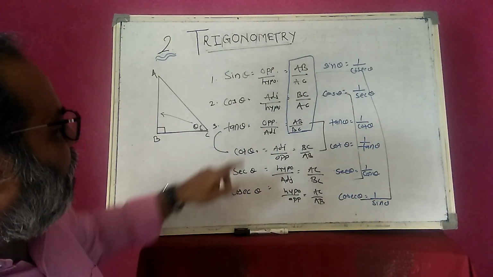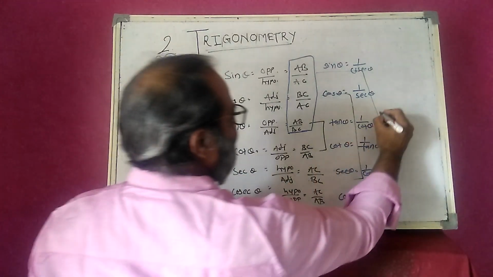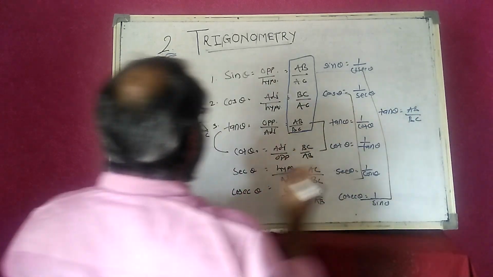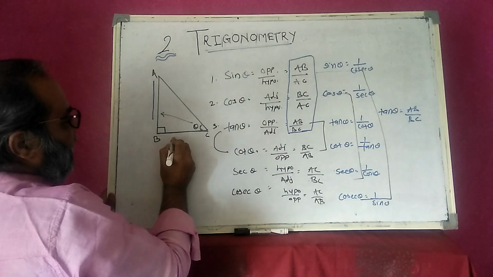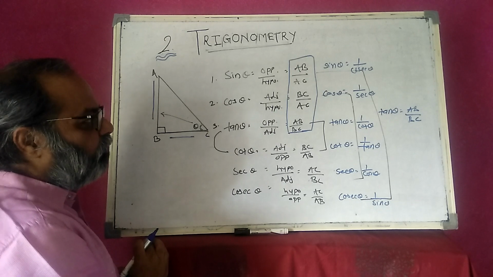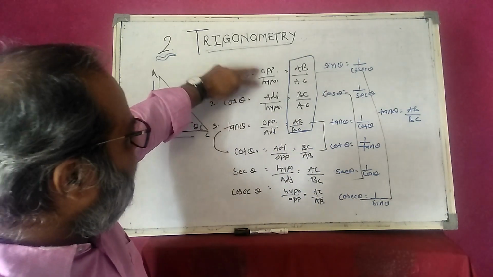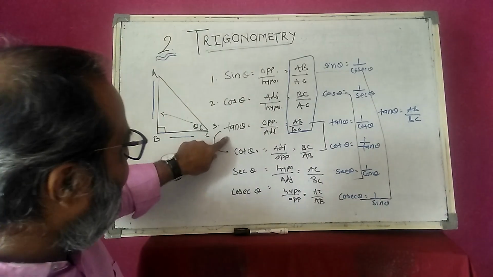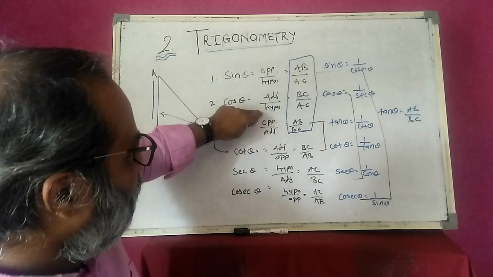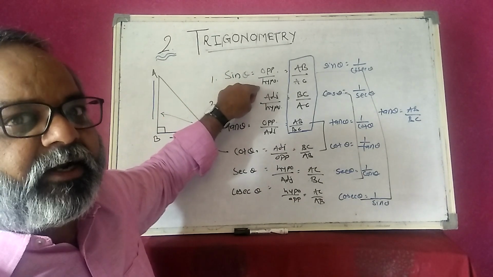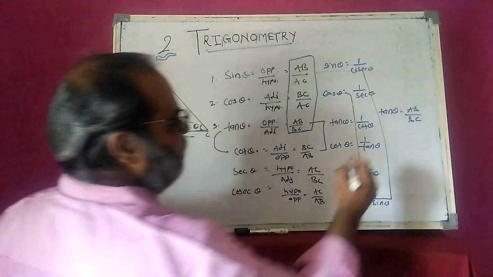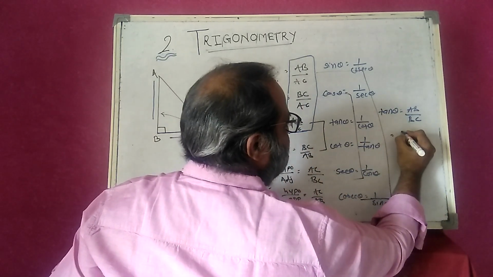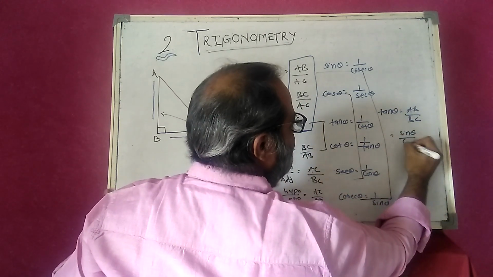Okay. Now, what is the value of tan theta? Tan theta is equal to AB upon BC. AB is the opposite side, BC is the adjacent side. So look here, sin theta is opposite upon hypotenuse, cos theta is adjacent upon hypotenuse, and tan theta is opposite upon adjacent. So yes, the hypotenuse is common and it gets deleted. It means that, so can I get AB upon AC from sin theta upon cos theta?